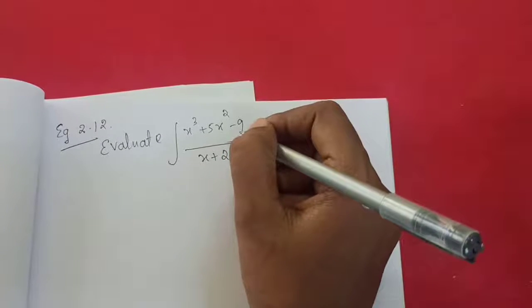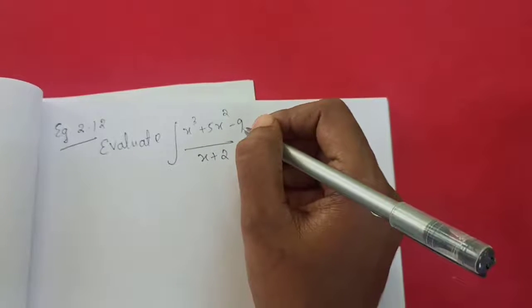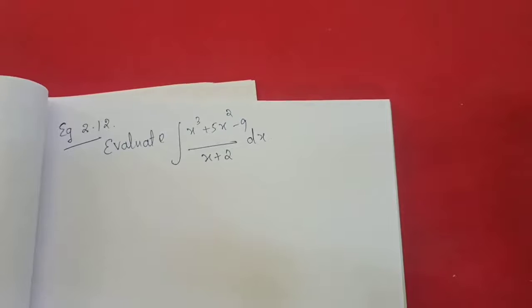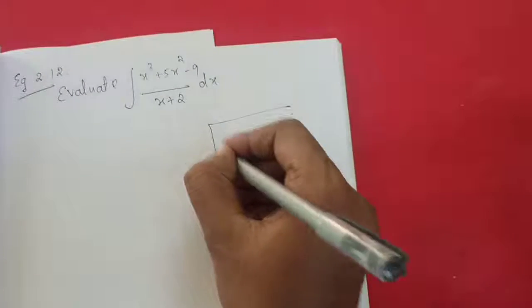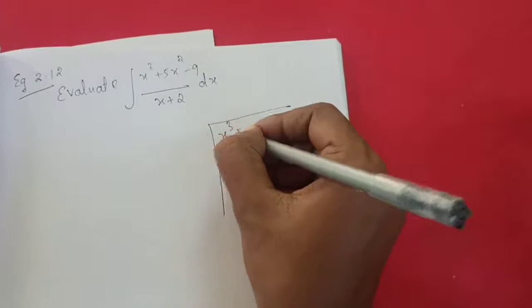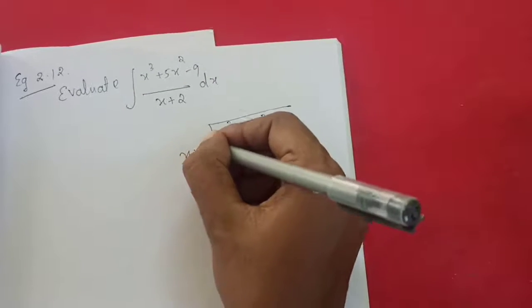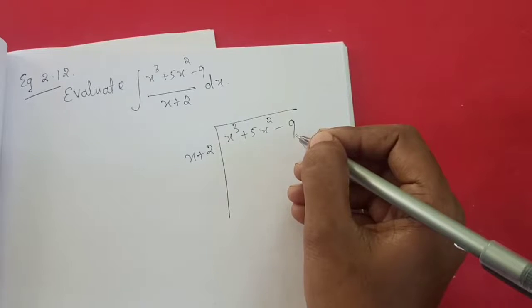Okay. We are going to divide this by using a simple division. How will we divide? Here it is x cube. Is it right? If it is x cube, we can't divide like this. In lower classes you have learned like this. Do you remember? x cube plus 5x square minus 9, divided by x plus 2. You are going to divide this. So what will happen? We will divide.